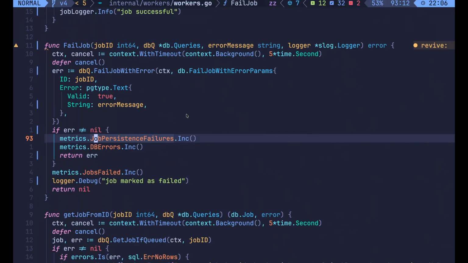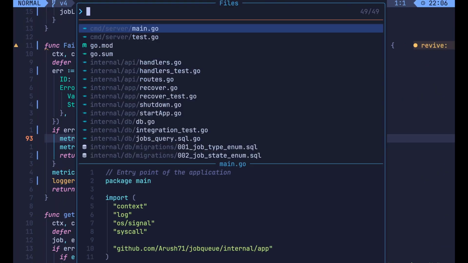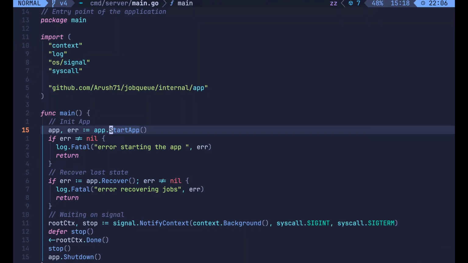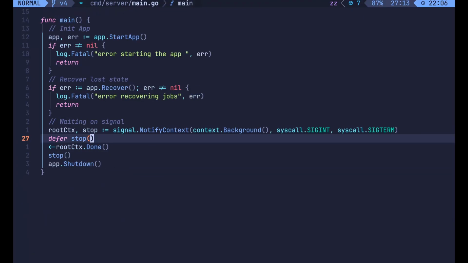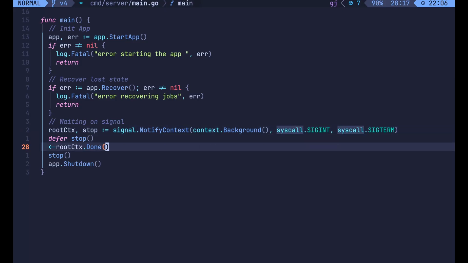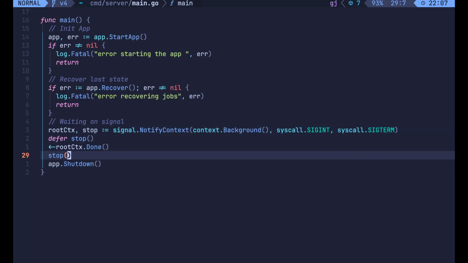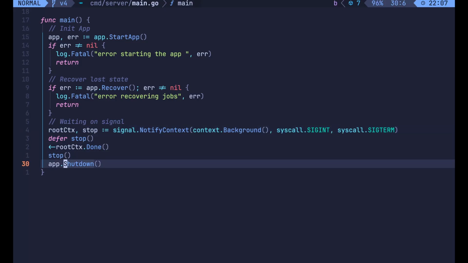And essentially, you can see that if you go to my main application here. The first thing I do is I listen for the signal of SIGINT and SIGTERM, which is, you know, if you press Control C, or if we're in Kubernetes or something. I don't actually know how that works, but I do know that it works with Control C. You're going to get a signal, and when I do get the signal, I trigger the app.shutdown, which